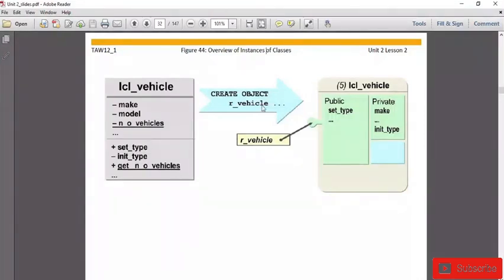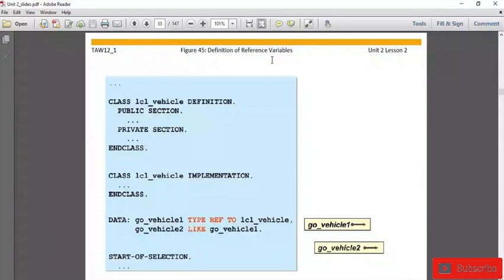So come to the next slide. How you can see how we can define the reference variable. Suppose this is our class local_vehicle definition. This is the public section and private section, and this is an implementation part, class name, and then implementation. Now outside of this class definition and implementation, when we write something, that becomes your main function.